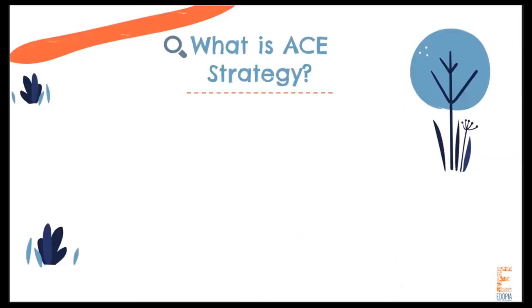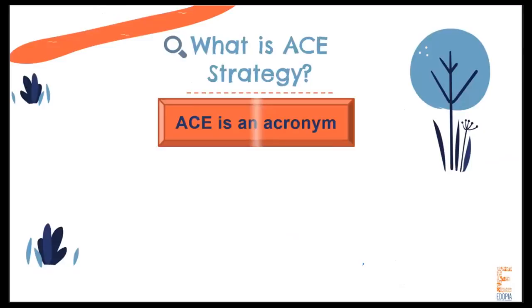Now, what is the ACE strategy? I've been saying it, but what exactly is it? ACE is actually an acronym. Now, what do we mean by acronym? It means that all these letters A, C, E stand for something. A stands for answer the question. C means you have to cite the evidence, which means that you have to give more proof from the text that you have read, or even any other resources you can find. E means that you have to expand your answer, all right?